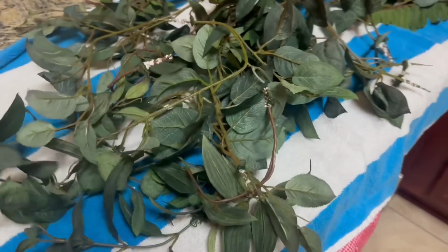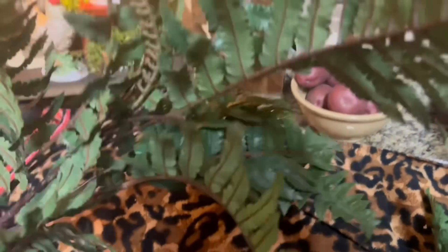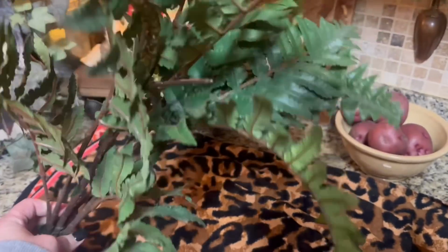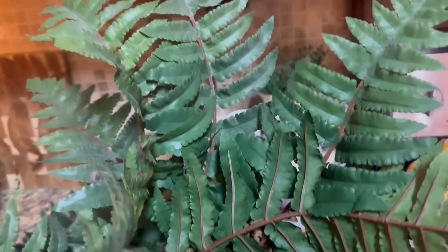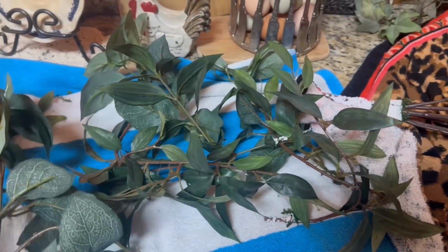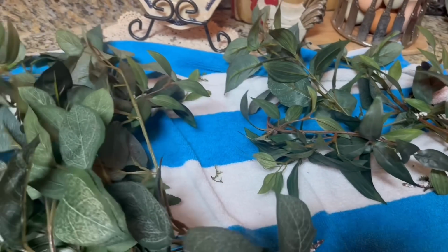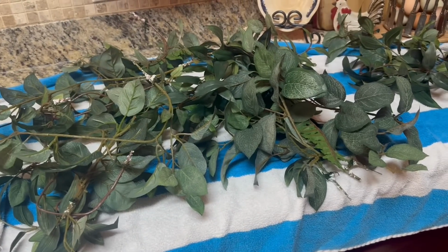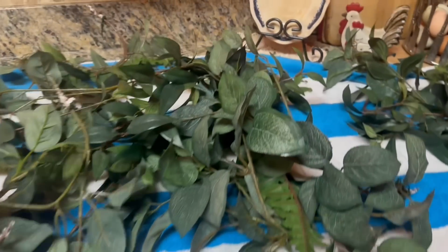All right, y'all, it is just about dry. I've come over here and flipped these over, but look how good they look. They look so clean. That one still needs to dry some, but I've just flipped all these over. I'm probably gonna go put them in my guest bathroom tub, just lay them in there now that they're not dripping, and just let them finish drying in there and clean up the space. But I just wanted to show y'all